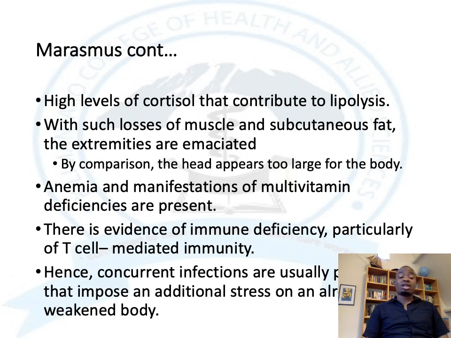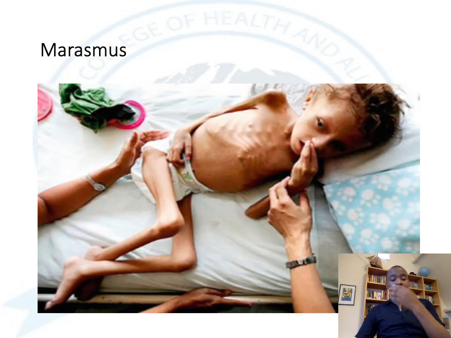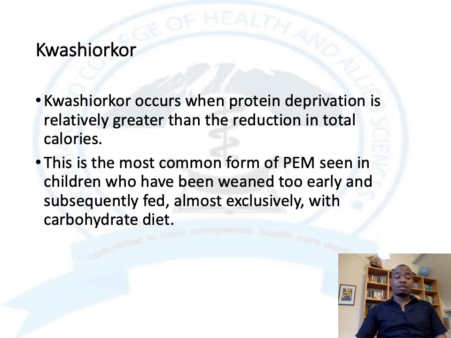Hence, concurrent infections are usually imposed on these children, and they have a very weakened immune system, or the immune system is not that good. You can see the child highly emaciated. There are no muscles, they have all been taken. That's what is happening. On the other hand, kwashiorkor occurs when protein deprivation is relatively greater than reduction in